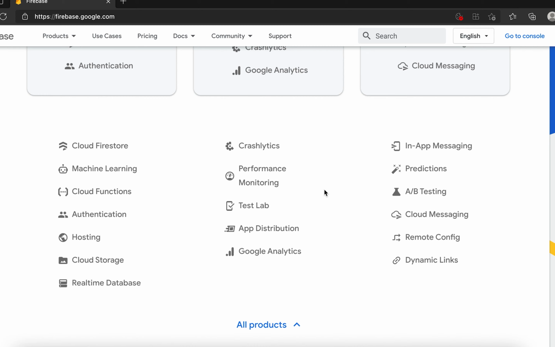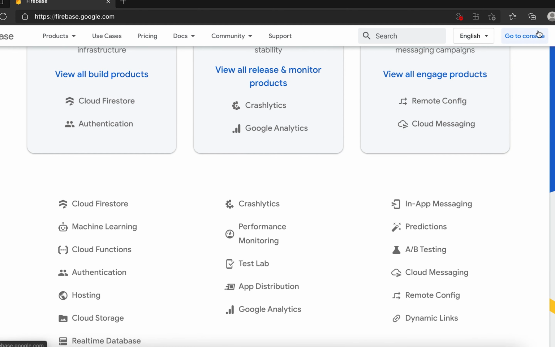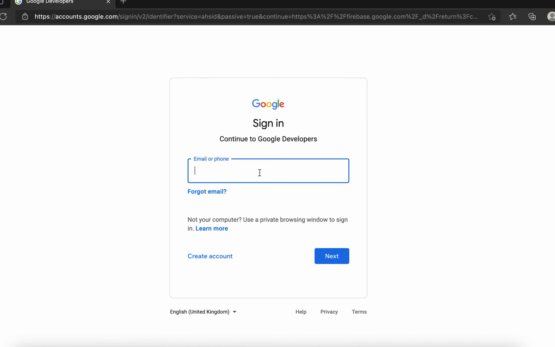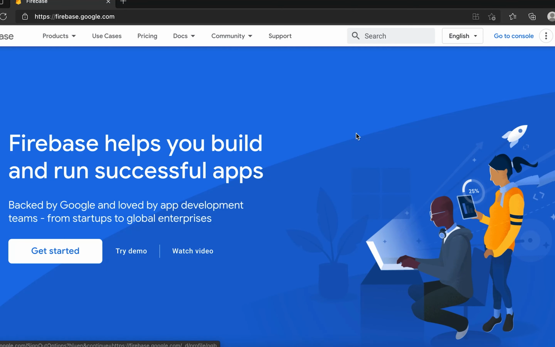The first thing you need to do is log into Firebase. So click here, sign in. Then it will ask you to log in using your Google account. If you already have one account logged in your browser, then it will show you to select from your accounts. So if you have any Google account, you can use it. So I'm gonna log in now. I logged into my account. Now if I click on this, go to console,